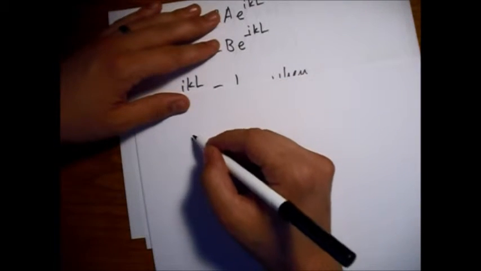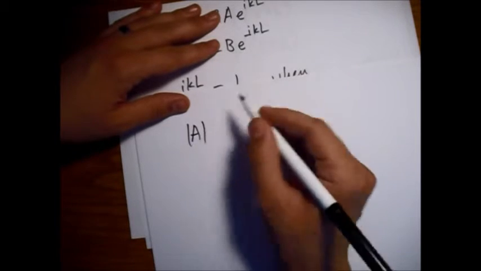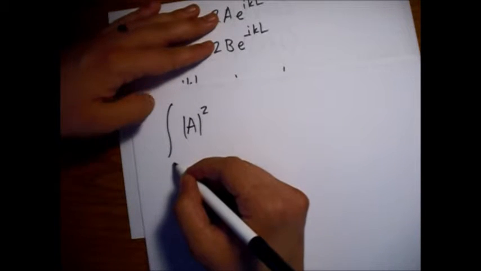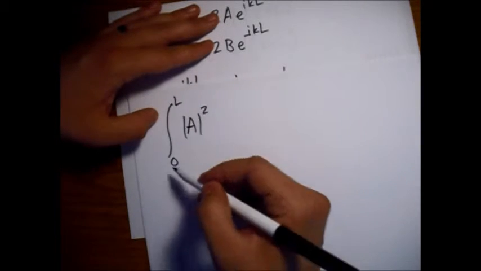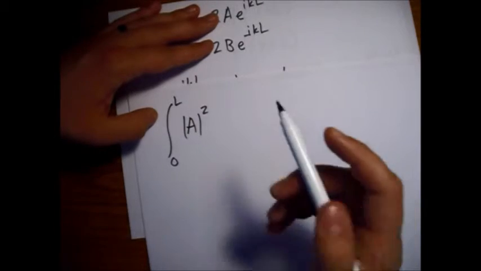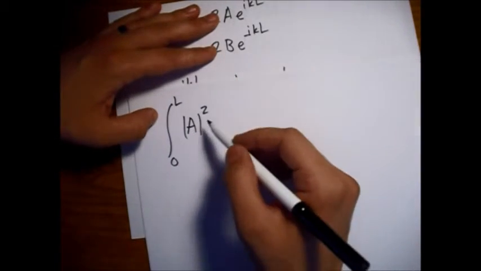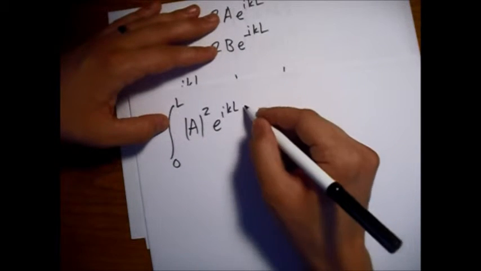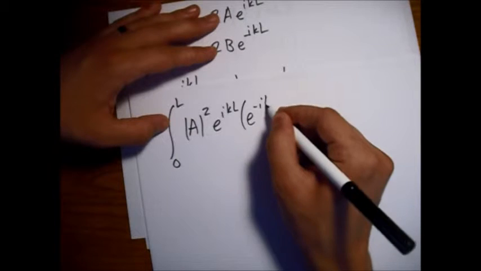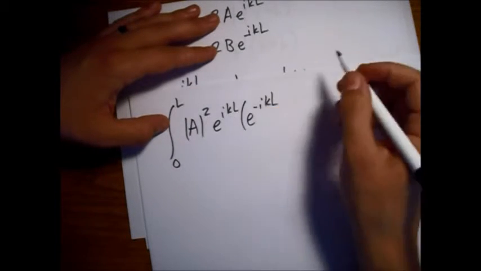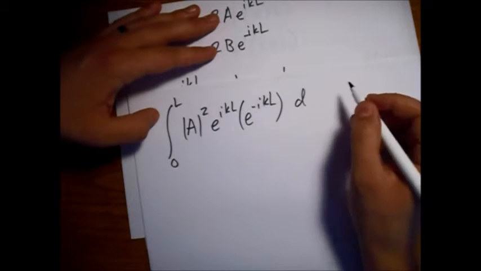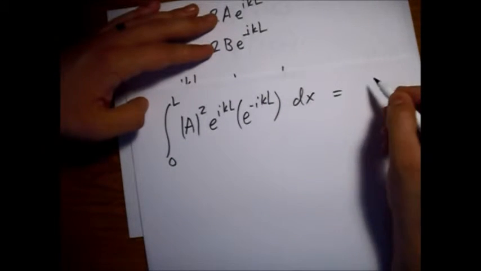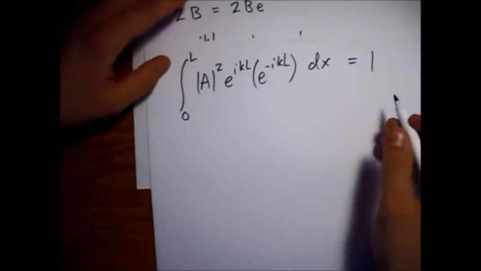So I'm just going to keep using the A and B in this case. So we'll get E. All right, so we're integrating all the way around the circle one time, 0 to L. All right, and we get an e to the i k L, multiplied by the complex conjugate e to the minus i k L. All right, those just cancel out and go to 1. All right, and we're integrating with respect to x. All right, and we are forcing this to be equal to 1 for our normalization, and then we'll find out